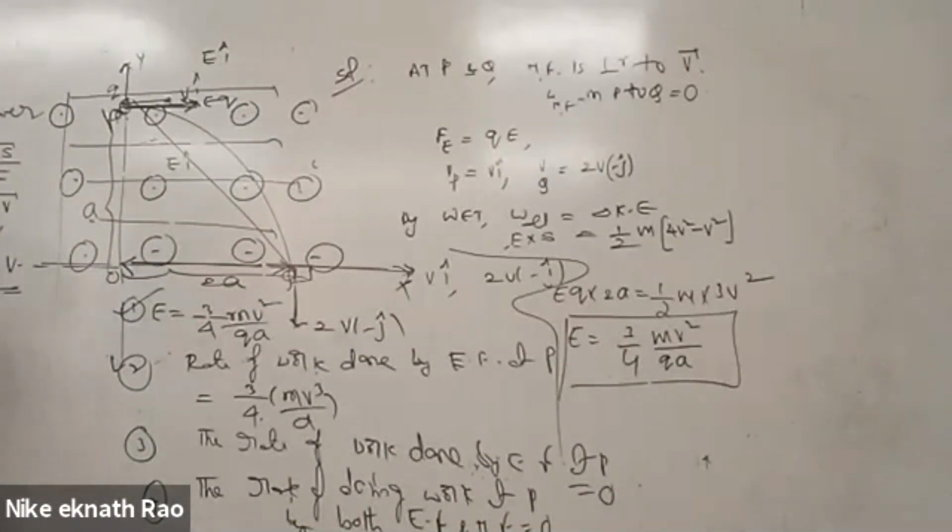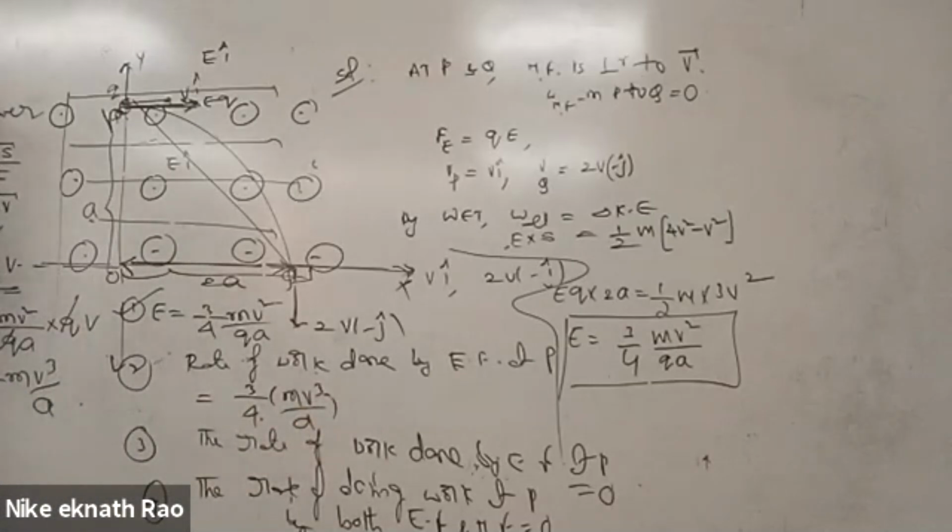3 by 4, how much? mv square by qa into qb. So q gets cancelled. What is left, right? 3 by 4 mvq by a. Is it matching? 3 by 4 mvq by a. Yes, this is the